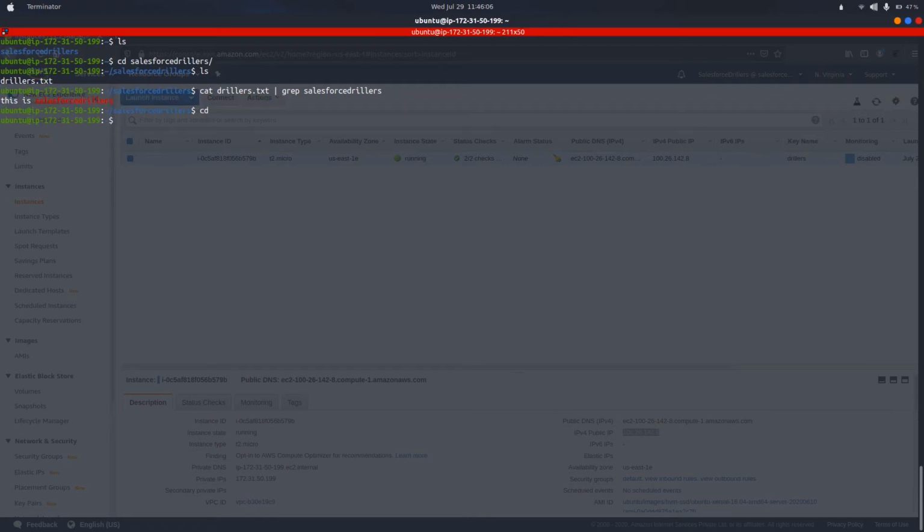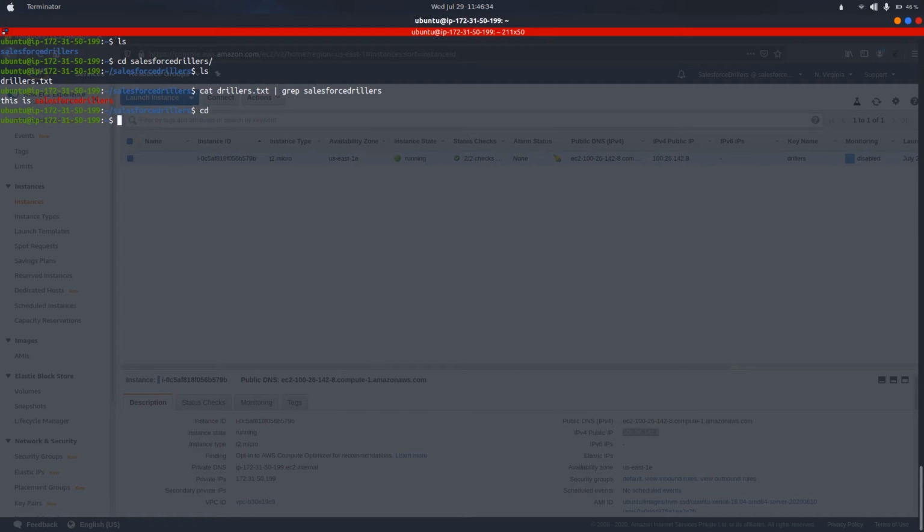Now let us try to do wget. So guys, what is wget? Wget is used to download packages in Linux. Suppose there is a tar file that you want to download and is available on the internet. In that case, you can simply write wget and then the URL of that particular package. So that is how we can use wget.